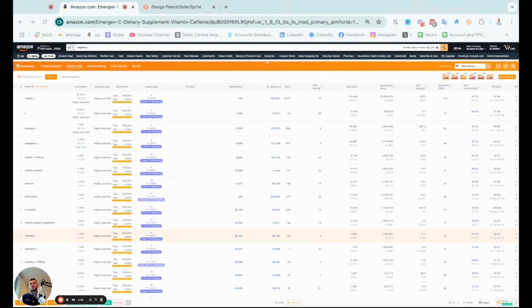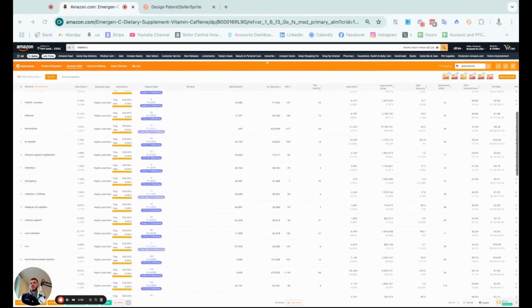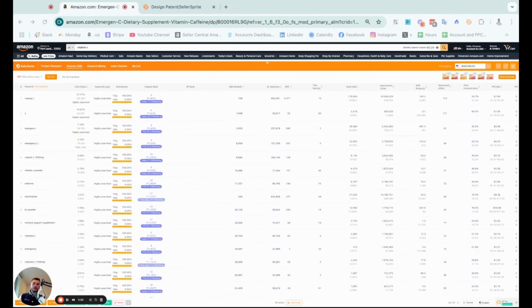But I think the most important thing we need to go deeper on right now is understanding how I use this to create my first bank of keywords that we use towards my listing and towards my PPC. Okay, so here, of course, one of the things you have to consider is that this reverse ASIN is only among the main product I'm looking at, which is why when I click here,